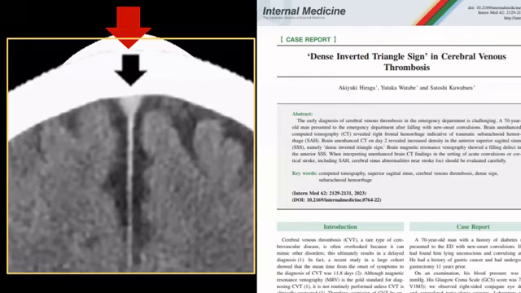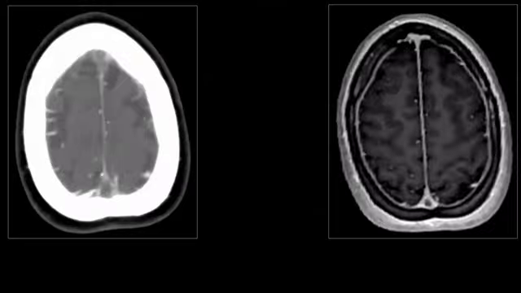And if you nevertheless want to introduce a new sign to the world of radiological literature, publish it in a radiological article, preferentially a big one like Radiology, and not in the Japanese Journal of Internal Medicine, because chances are slim it's going to be picked up by the radiological community. Now, this is all a bit in good fun, but if you look for it, you see that there are